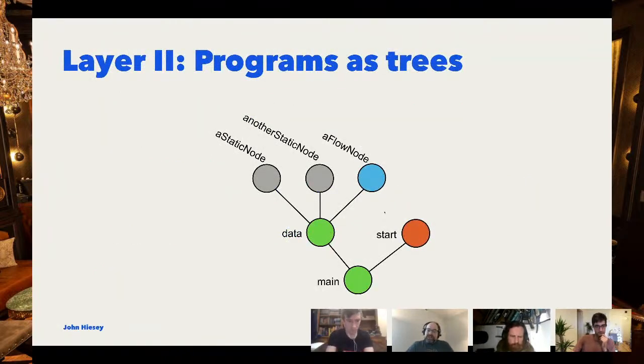So how do you actually use this to do more interesting things? Well, what you do is you structure your program. So here's your main. And what we're going to do here is structure your program like a tree. And what the colors represent here are different types of nodes. The green nodes are containers.